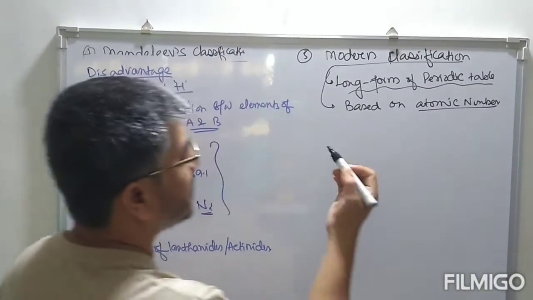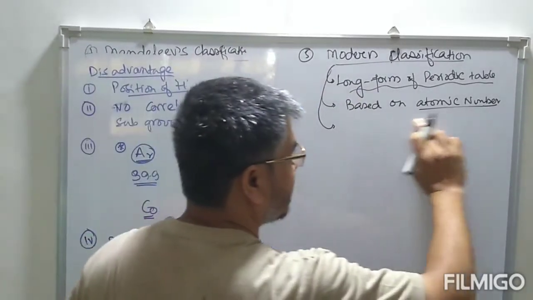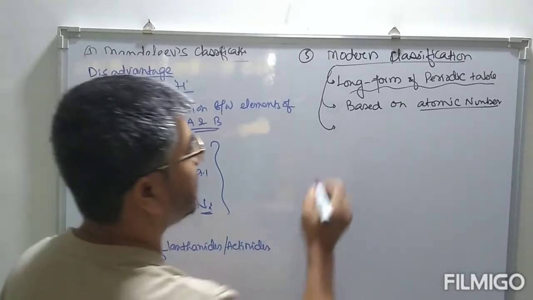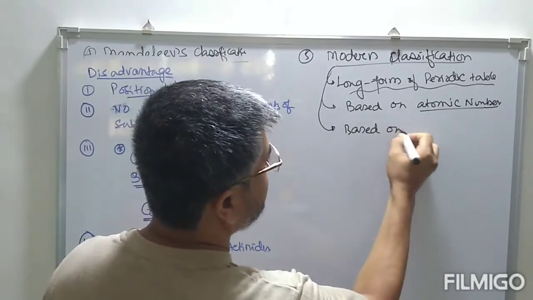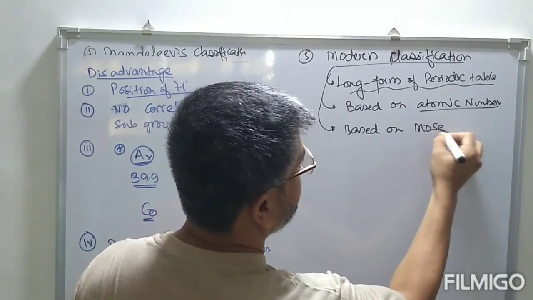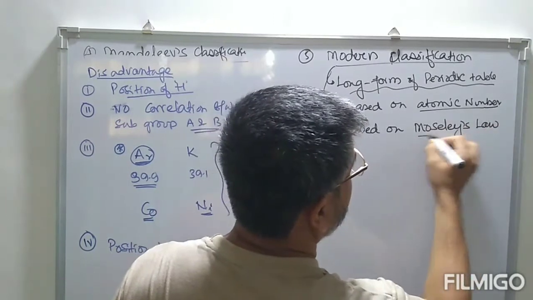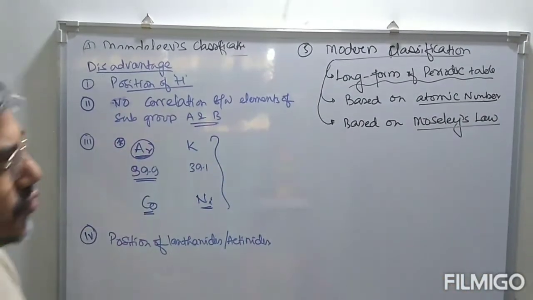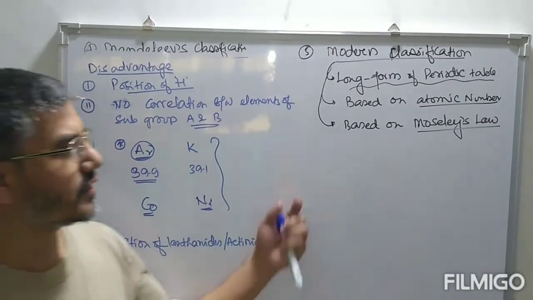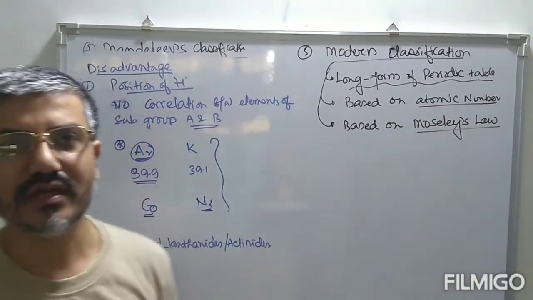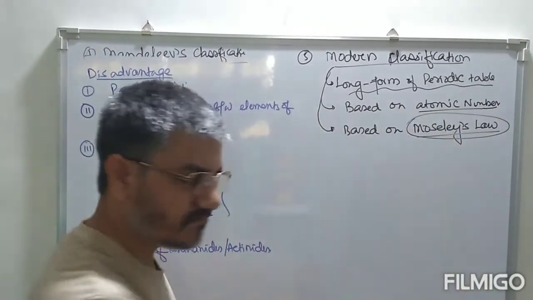Now, this classification of elements based on atomic number is based on Moseley's law. He was a scientist who opined that the properties of elements should be more related to atomic number rather than atomic mass. So what Moseley did was